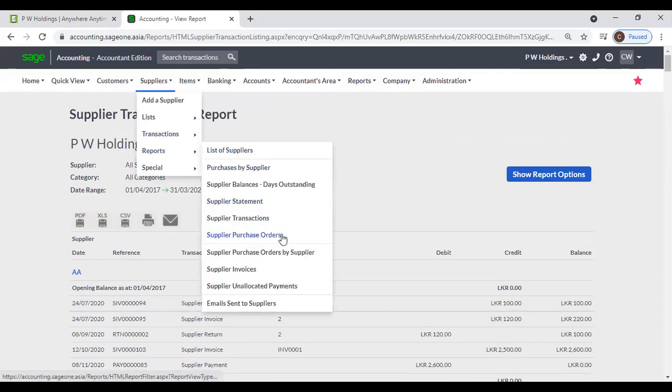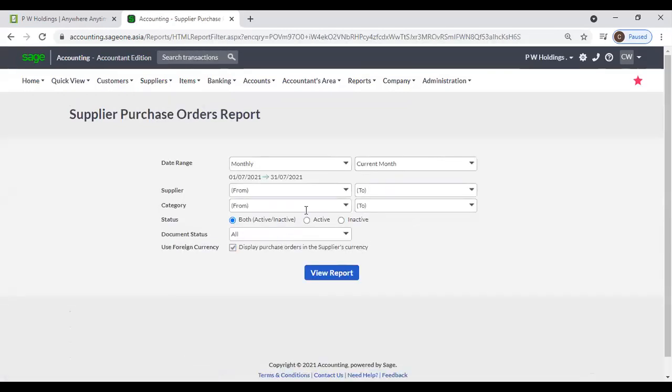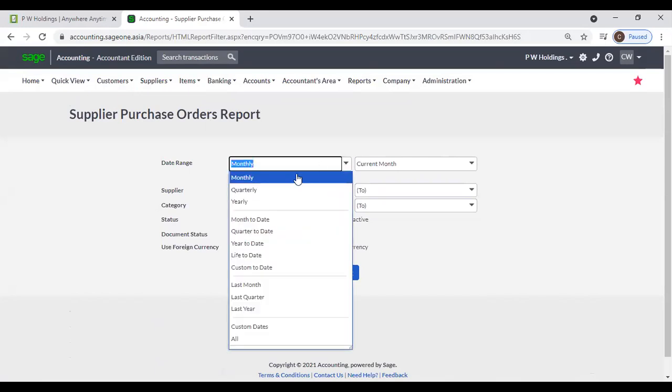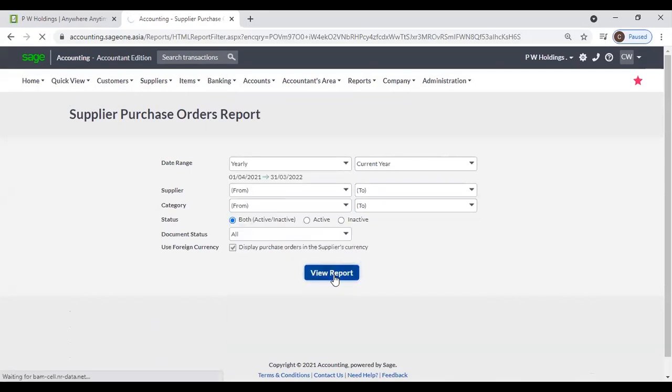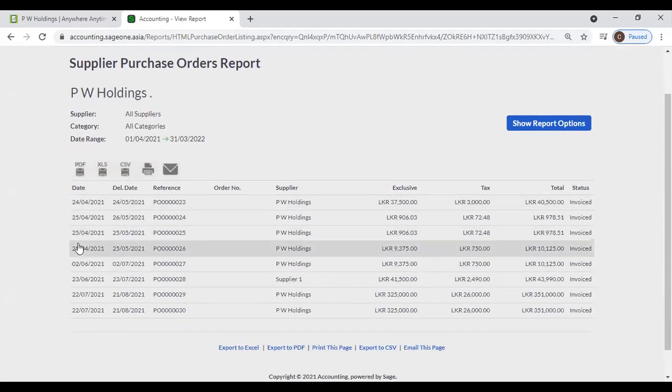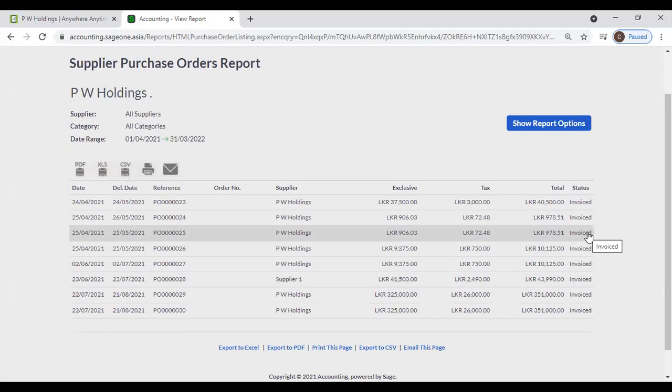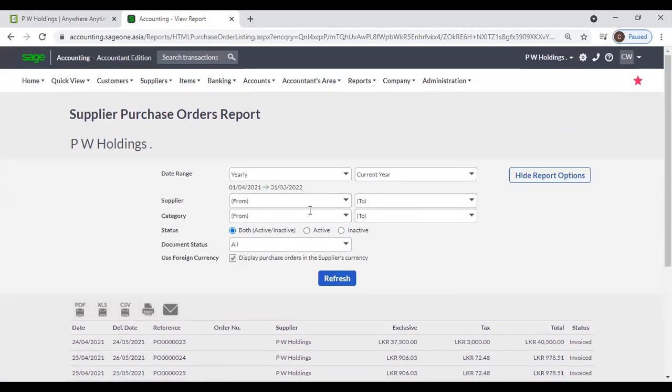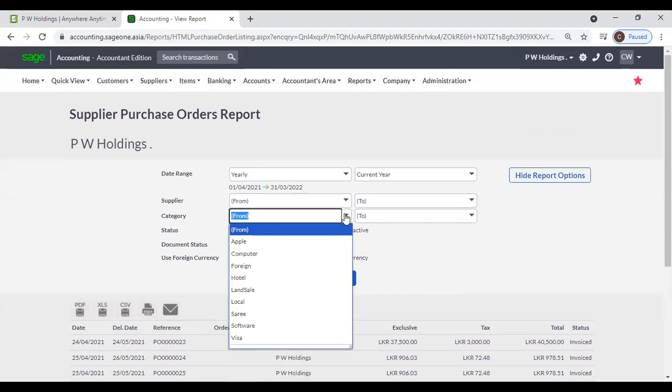Okay, next report is supplier purchase orders. From here, you can view supplier purchase orders. You can view transaction date, delivery date, purchase order number, supplier name, exclusive amount, tax amount, total amount, and status of that purchase order. From these options, you can select date range, supplier, supplier category,